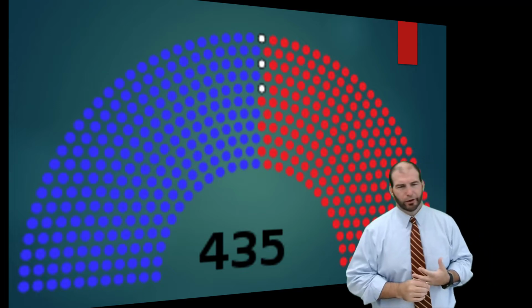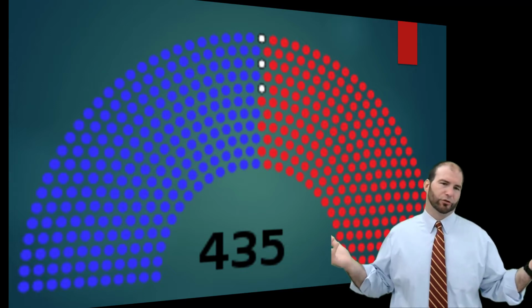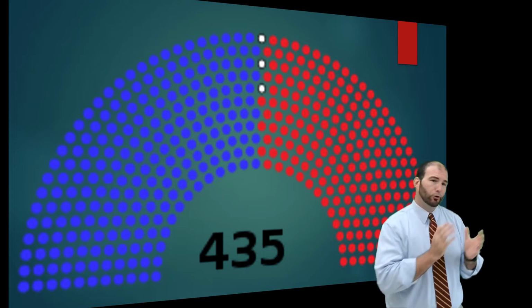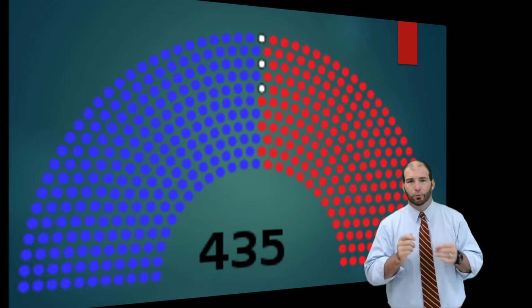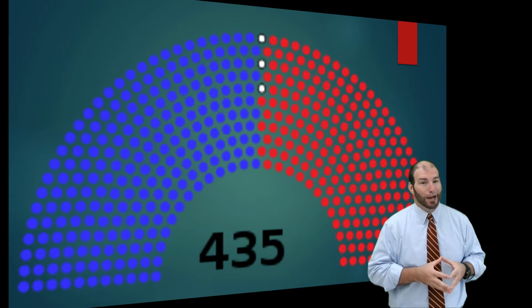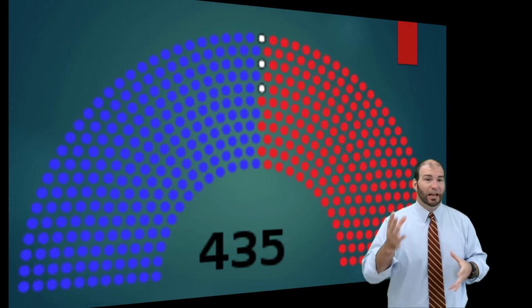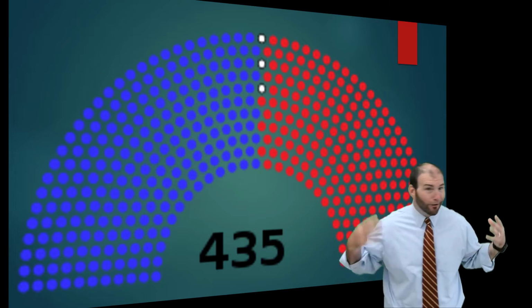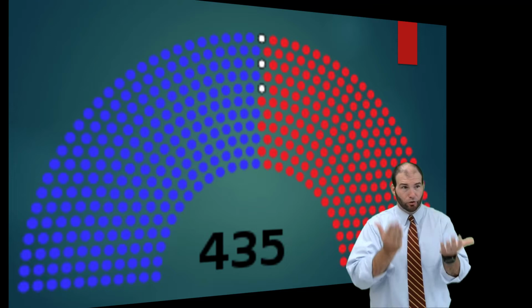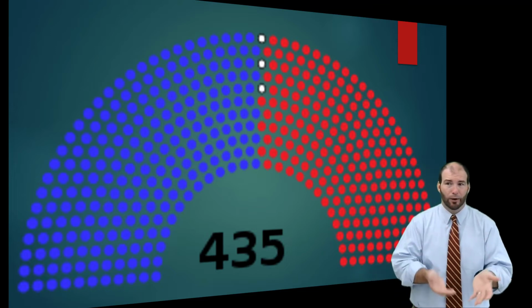And I believe this is from sometime recently. So red typically represents Republicans, blue represents Democrats, and then the white ones are independent. So there are third parties. They just aren't very popular, they're not very common. If you look here, you see how close both sides are. It's usually very close on who is going to have the power.